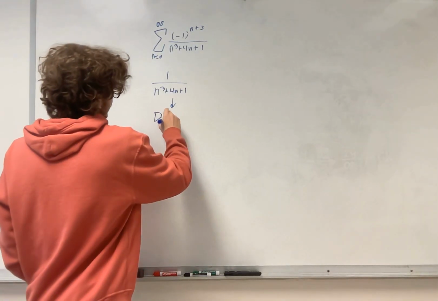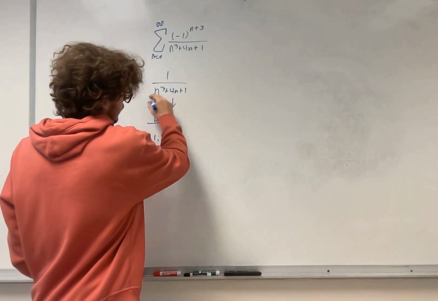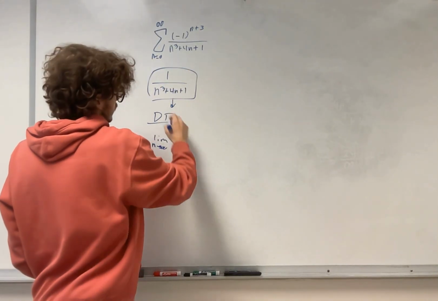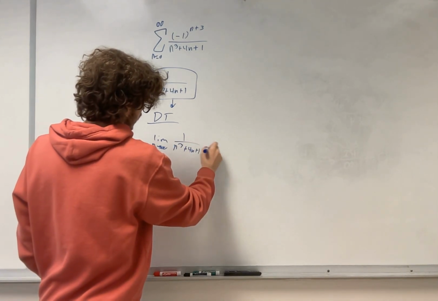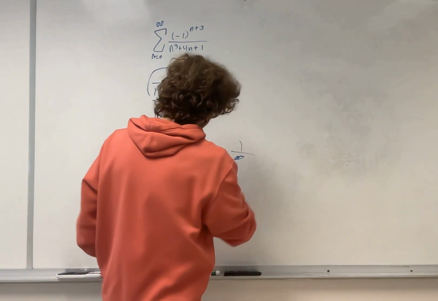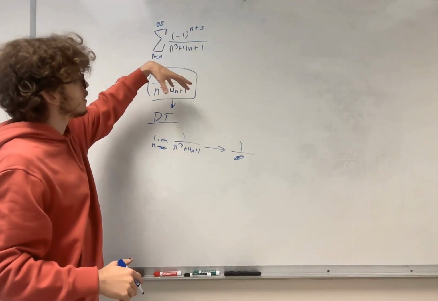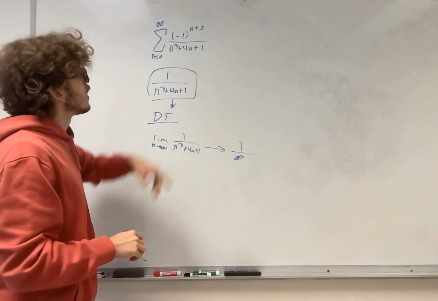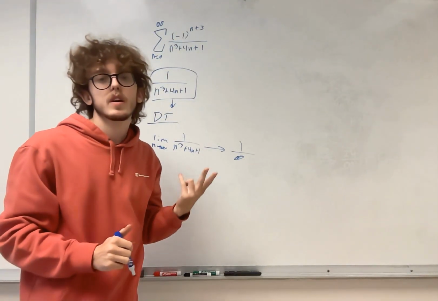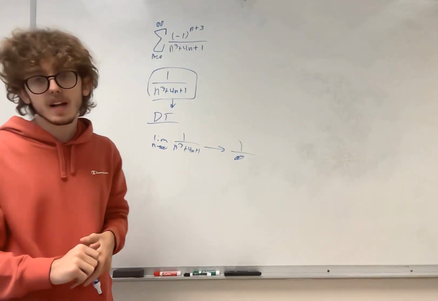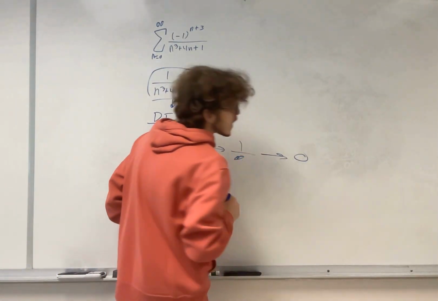So for the divergence test, we simply take a limit as n approaches infinity for this term here. So we take 1 over n to the third plus 4n plus 1. That just turns out to 1 over infinity. And right, this is the limit of our sequence in our sum, minus this operator that's switching from -1 to +1, -1, +1, -1, +1, right? So this will just turn out to 1 over infinity, which is 0,